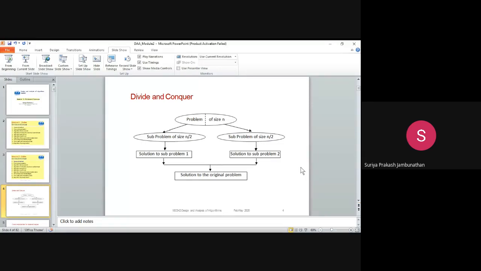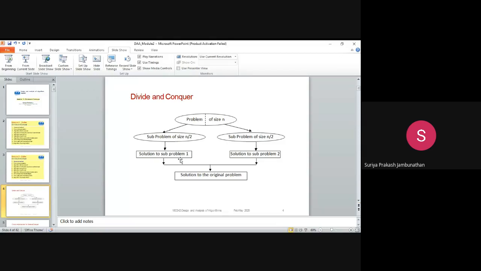Now as of now you just understand the skeleton diagram. The skeleton diagram is a problem of size n. Problem of size n, as I told, this array size is 5, sorry, 6. So 6 is the n value. Now what we are doing is subproblems of size n by 2. So n by 2, what is the size of n? 6. So 6 divided by 2, what happens? 3. So 3 and 3 we are making here. This side 3 and this side also 3.